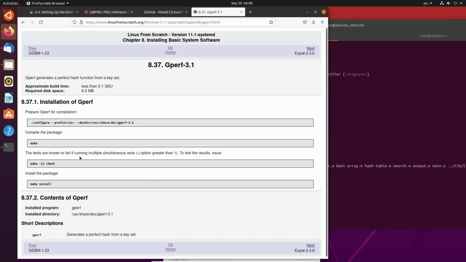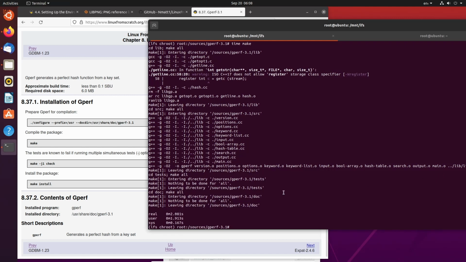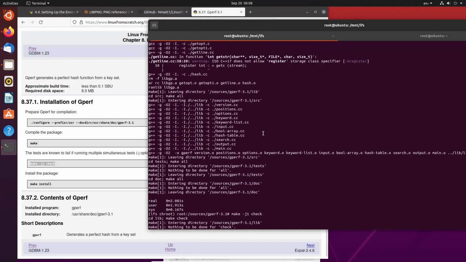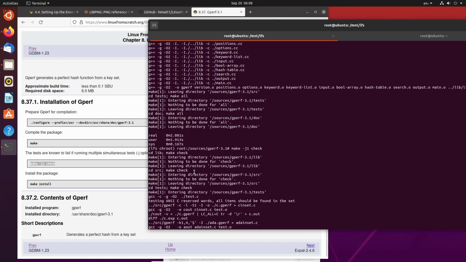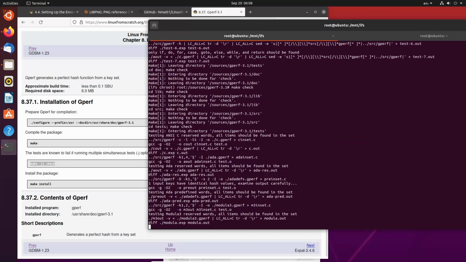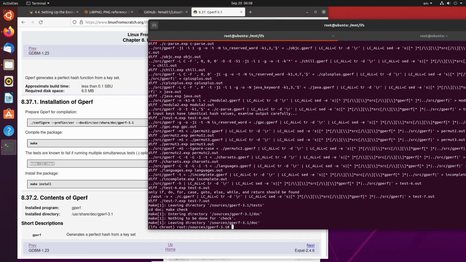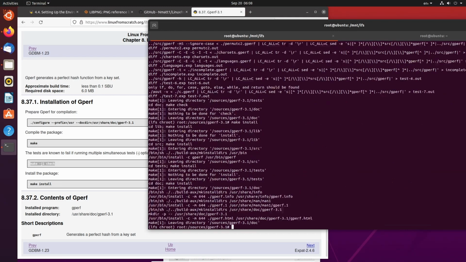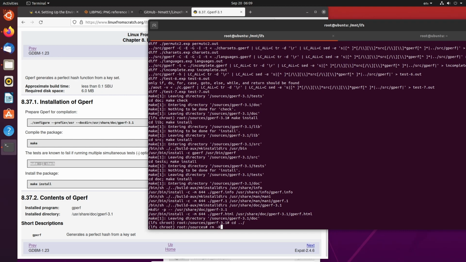Tests are known to fail if running multiple simultaneous tests, with the -j option greater than 1, so to test the results I'll just type that in as is. Now we've done the make, we want to just do this. I'm going to assume that that's gone and done it because it's just flown through, but just for safety's sake. And there we go. Nothing came up as failed, so we'll now just install it. So make install and cd out of here, so remove gperf